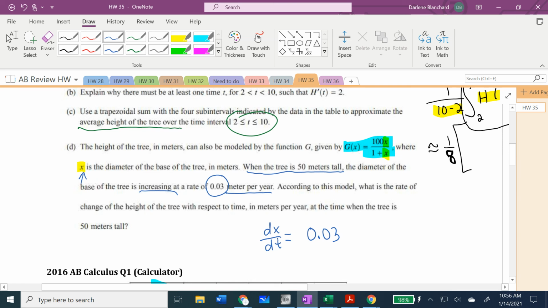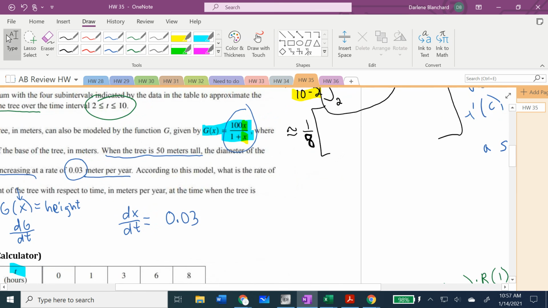Then it goes on and says, according to this model, what is the rate of change of the height of the tree with respect to time? Now, g of x is representing the height of the tree. I want to know this rate of change with respect to time. I ultimately want to know dg dt, but g is given in terms of x. Now, what I would do is I would take the expression for g of x that is given in terms of x,